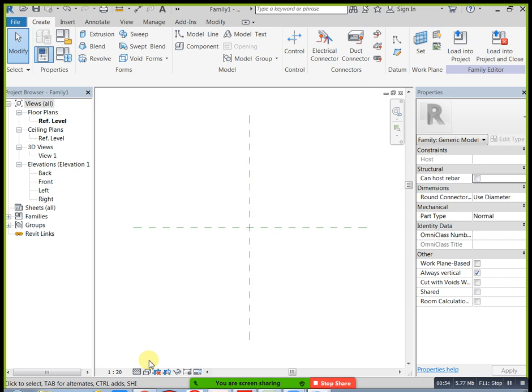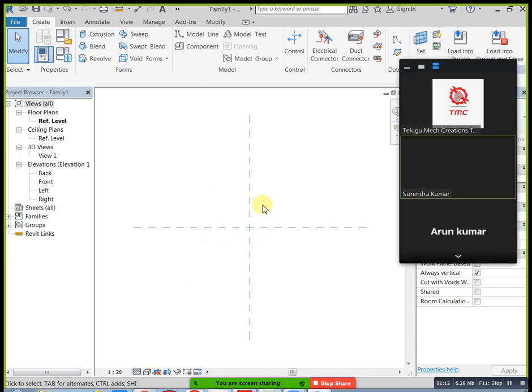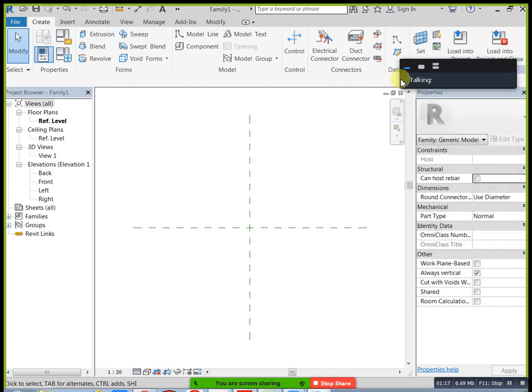For example, I created one family with a 3 feet wide and 7 feet high door. In my actual practice condition I need a 4 feet door, for the main entrance. In that condition I need to change my dimension in the project. How can I change it? When you have mentioned a parameter here, that change is applicable, otherwise it is not applicable. Clear? That's why we need this.